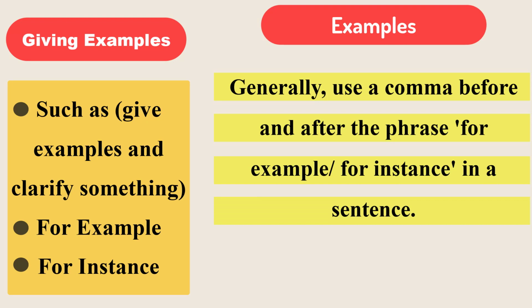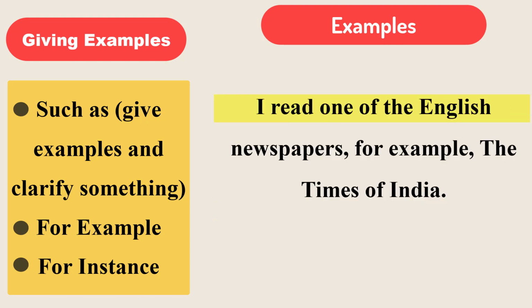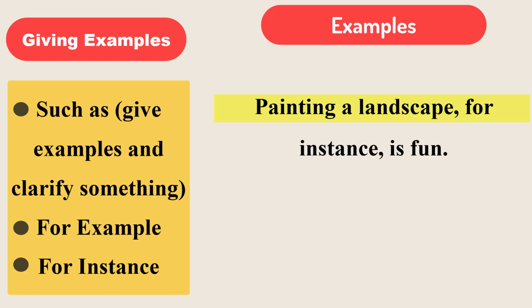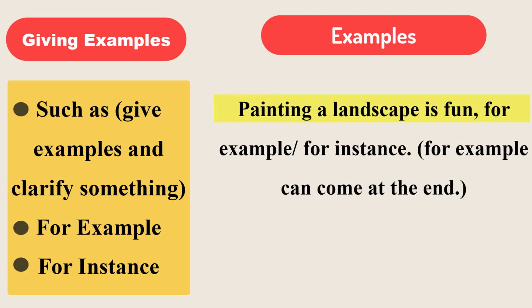Let us look at some examples. I read one of the English newspapers, for example, the Times of India. Look at the commas. Painting a landscape, for instance, is fun. Painting a landscape is fun, for example. For instance,